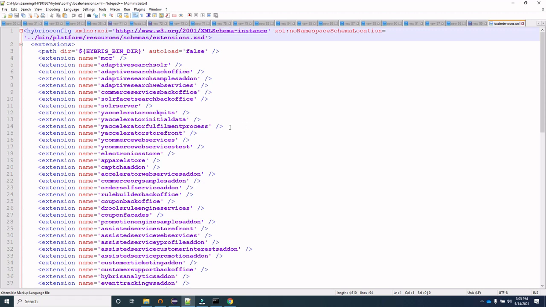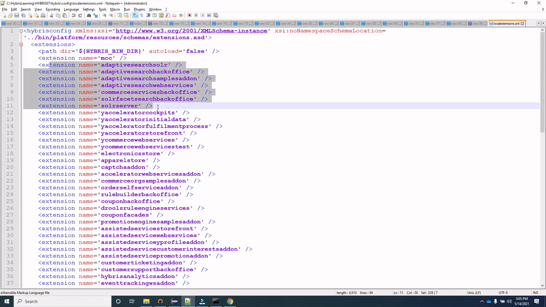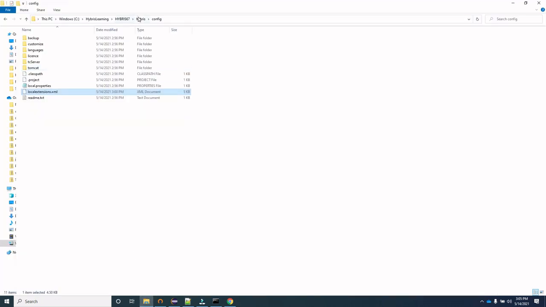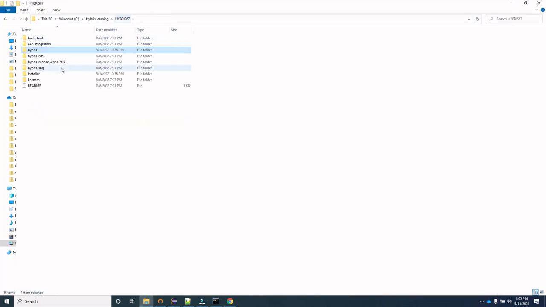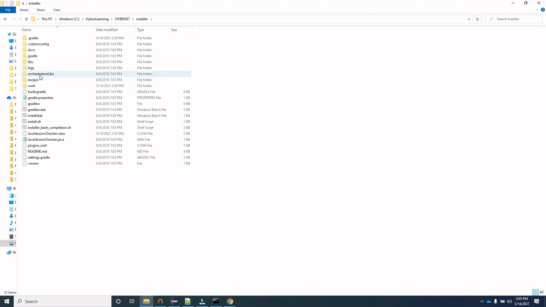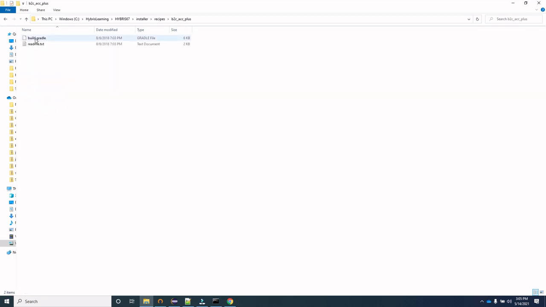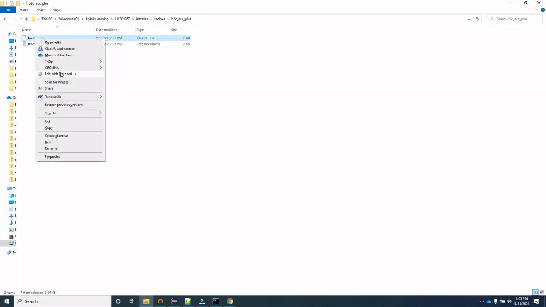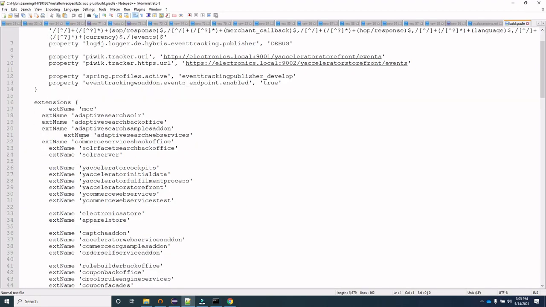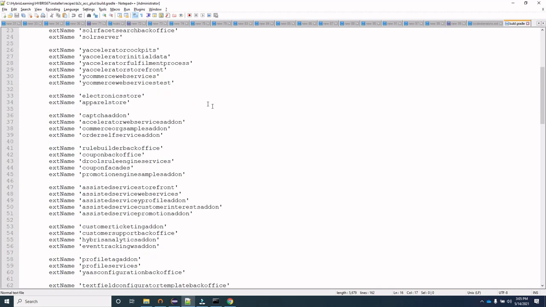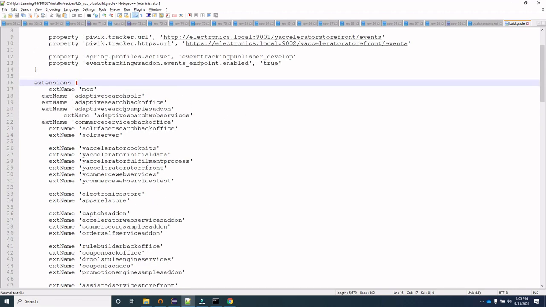Now a question will come to your mind: from where do these extensions get copied? So let me show you. We'll go back to the installer and then the recipes. Inside this we'll go to B2C ACC plus, and if you open this build.gradle, all the extensions mentioned in here are copied into the local extensions in the same order.